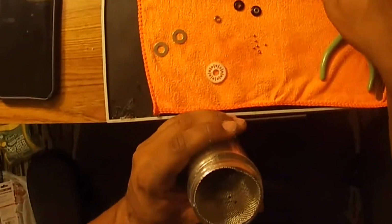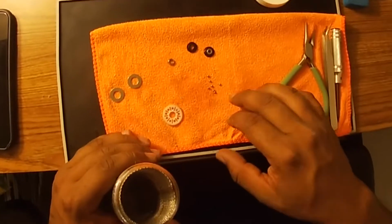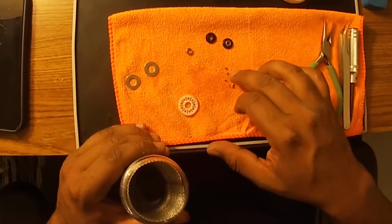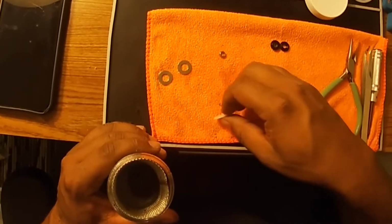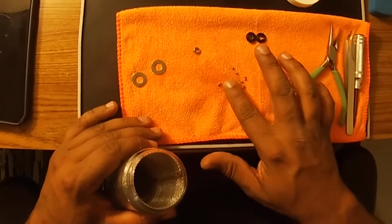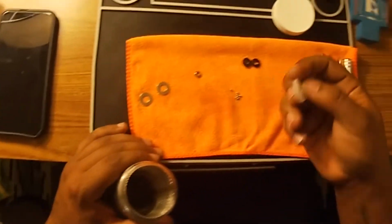Alrighty, so I am missing a couple balls. 1, 2, 3, missing 2 balls. Here they are. Perfect. So I do use 9 of the reflex balls with my reflex